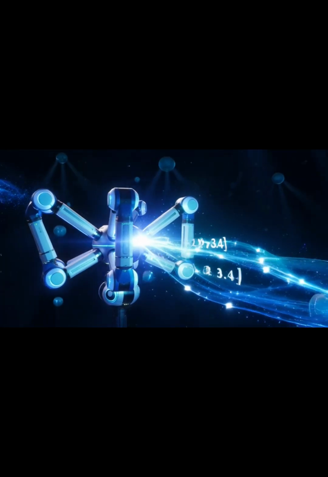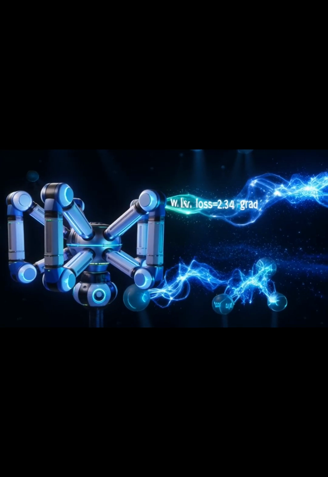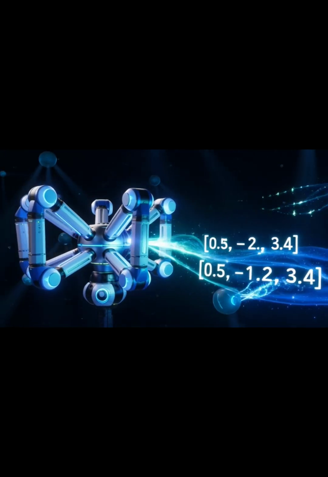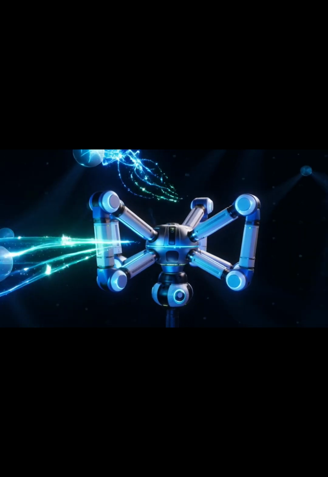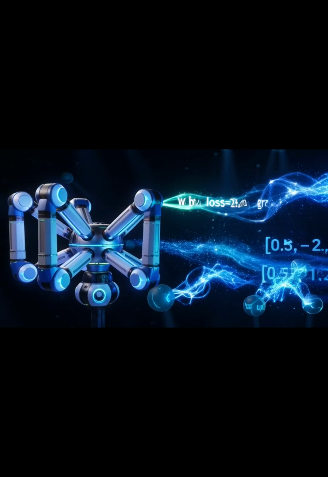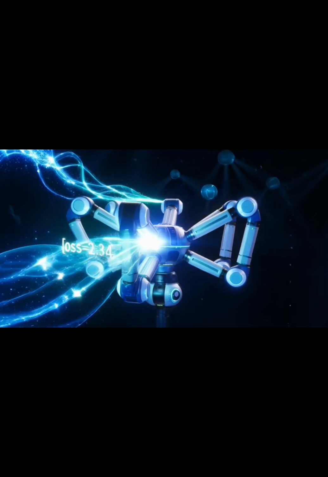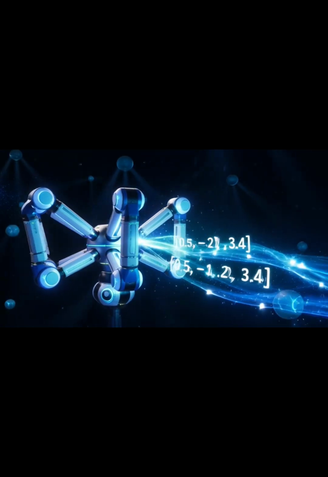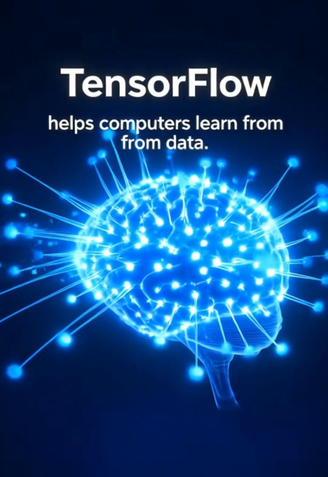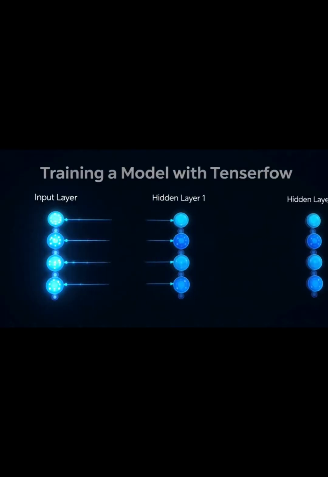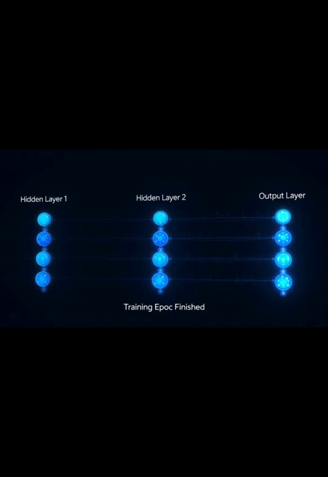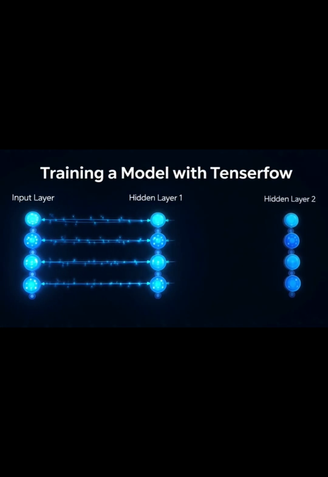Traditional machine learning is also supported but less common than PyTorch or scikit-learn for simple tasks: linear regression, logistic regression, decision trees, random forests via TensorFlow Decision Forests, clustering, recommendation systems, and large-scale linear models on huge datasets. TensorFlow doesn't have fixed rules like traditional programming, if this, then that. Instead, it learns patterns automatically by looking at lots of examples, data, and adjusting itself to get better and better.